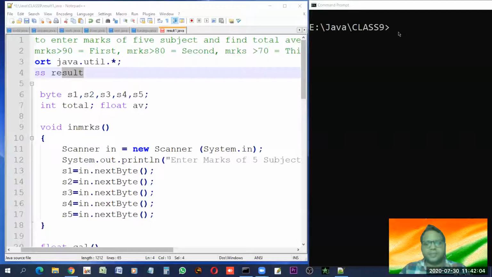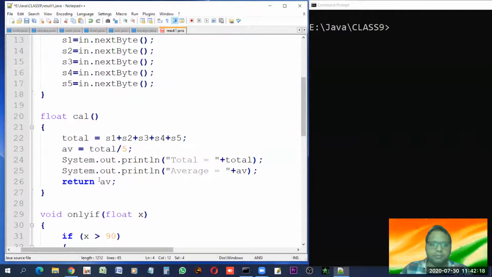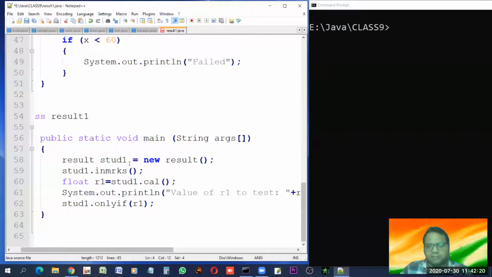If you watch all the videos, a lot of videos are there in the playlist, you'll find that we have been using only one class, and in that one class we were defining the main function. I think this is the first case when I am defining the main function in a separate class. So the obvious answer is yes, of course, we can have one class, and in one class we can have all kinds of functions, including the main function, which you can see in all my various videos.